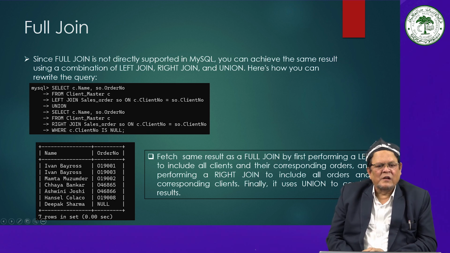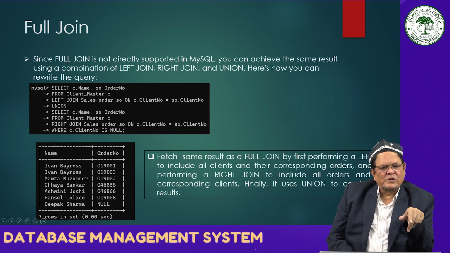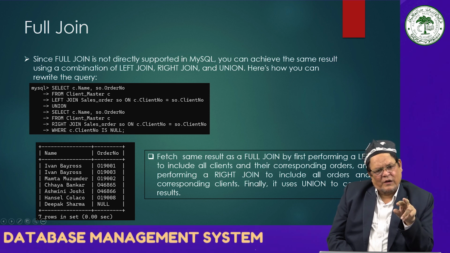Client number is null. Then when you press it, it will show all the values. Why you have to see whether client number is also null: if it is null it will display, otherwise it will not display. So it will display all the 7 rows, starting with A1 brass 1001 order, A1 brass